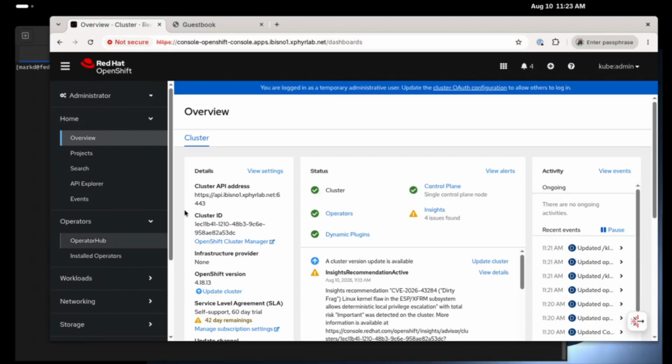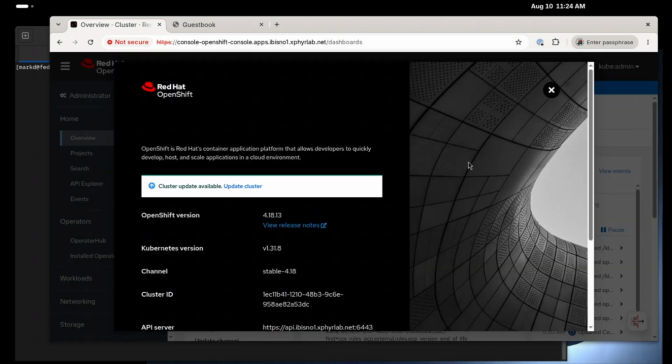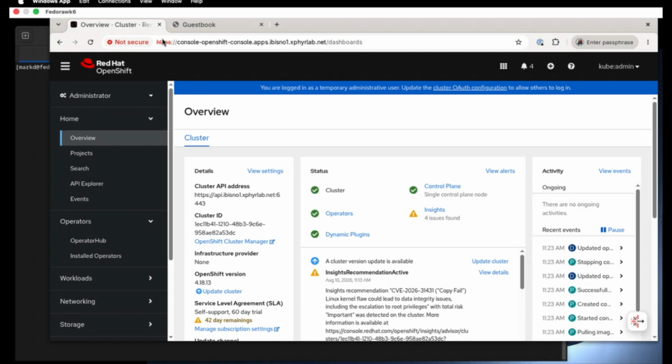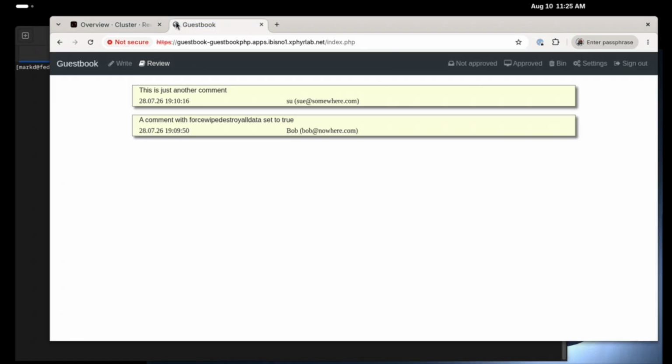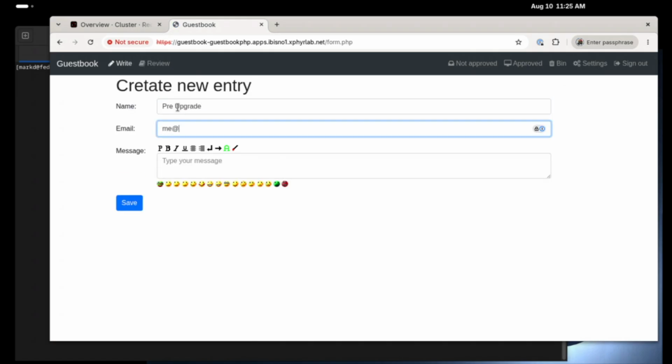In this video, we will demonstrate an OpenShift image-based upgrade. We will be upgrading from OpenShift 4.18.13 to 4.20.16. In order to demonstrate that this upgrade is non-destructive, we will be using a simple guestbook application that is